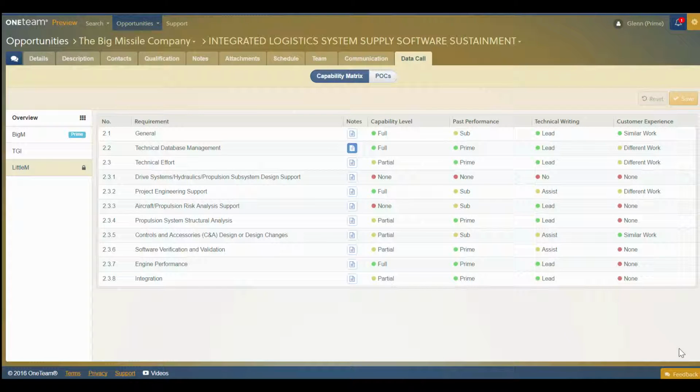In this video, I will demonstrate how the capability matrix works in OneTeam. The capability matrix lets each team member grade themselves against the RFP requirements. This is sometimes referred to as a meatball chart. The purpose here is to find out what relevant capabilities the team has and if you, in fact, have all